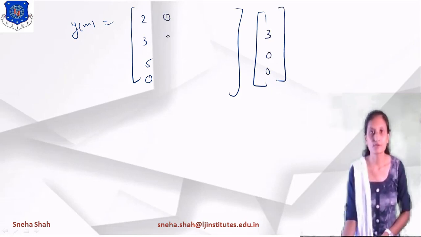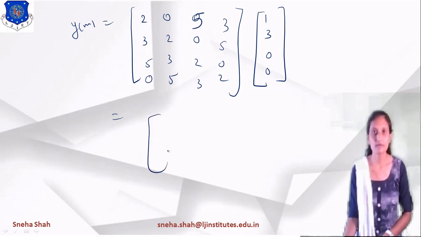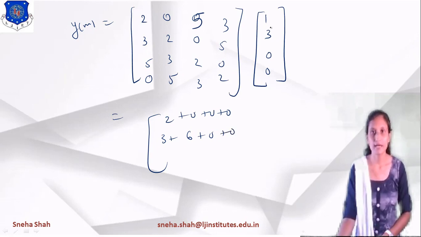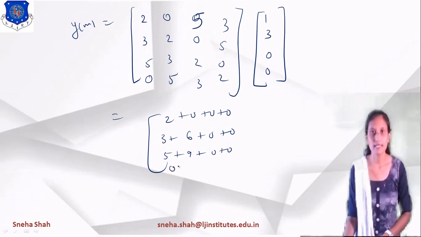Now this goes over here, so 2, 3, 5; this 0 goes over here, so 5 goes over here, so the term will be 5, 0, 2, 3. These 3 come here, so the term will be like this, right? Now this 2 goes over here, so it will give you the same answer. Now if I simplify this, what will be the answer? 2 into 1 means 2 plus 0 plus 0 plus 0. Now 3 into 1 means 3 plus 3 into 2, 6, plus 0 plus 0. Next is 5 into 1 means 5 plus 9 plus 0 plus 0. And the next term is 0 plus 15 plus 0 plus 0, right?